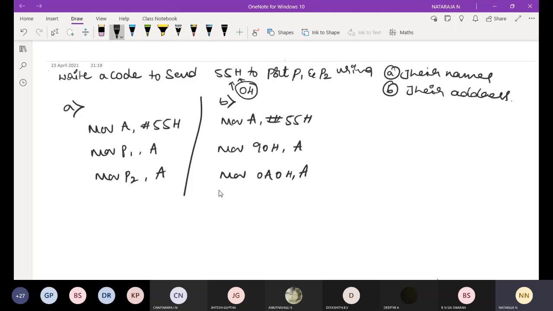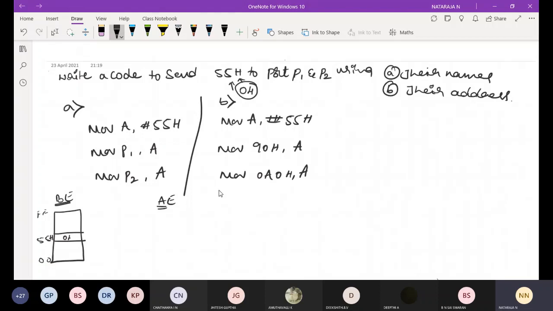See here, this is before execution, and this is after execution for the first program. Before execution, here I have a memory location, 002 FF, and somewhere else 55H is my address.